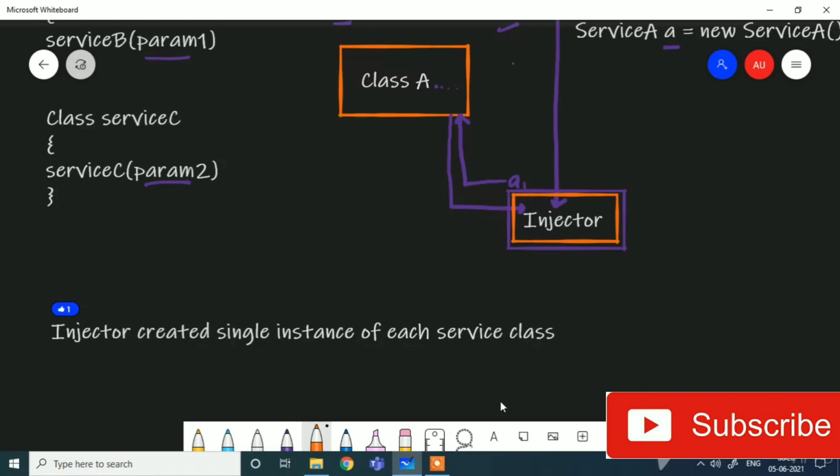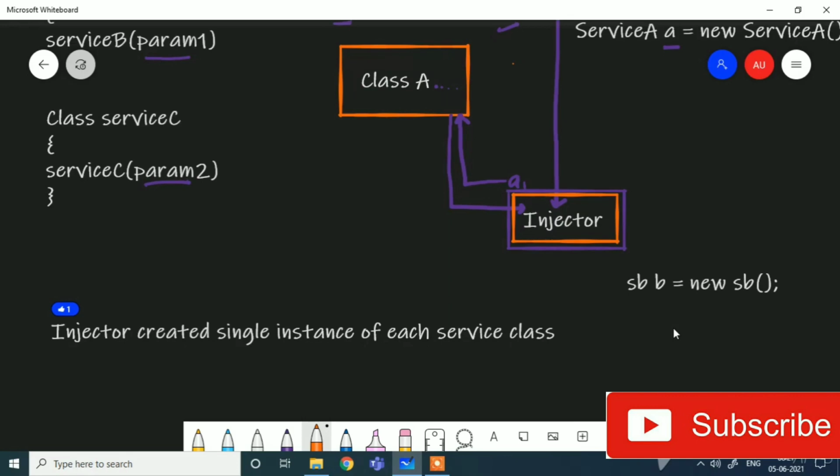For example, let's say for service B it has created B as an instance. Now whenever anybody requires the instance of this class, it will give this B. It is not going to create B1, B2, B3 of this service. So this is also a benefit. Once it has created it, it need not create it again and again. And it also has a few more benefits, which we will discuss in our upcoming videos.